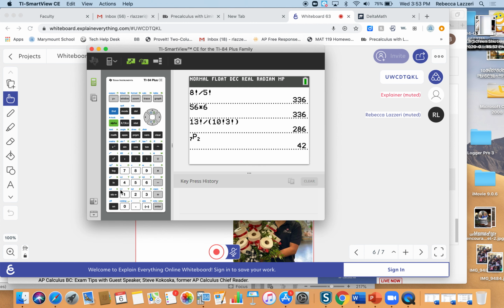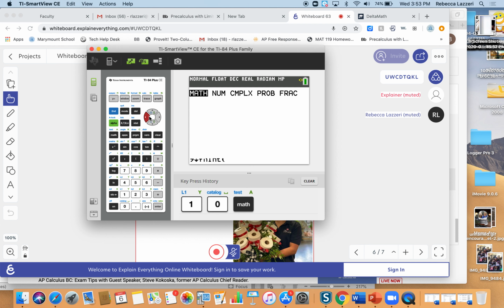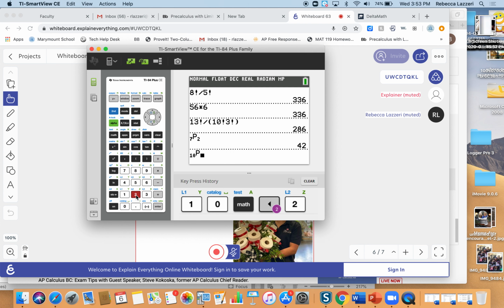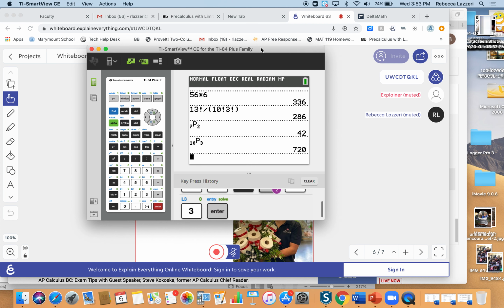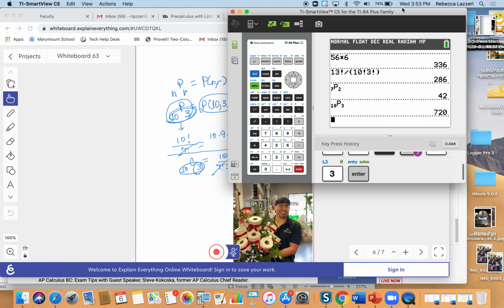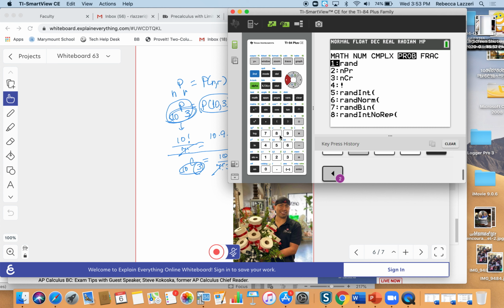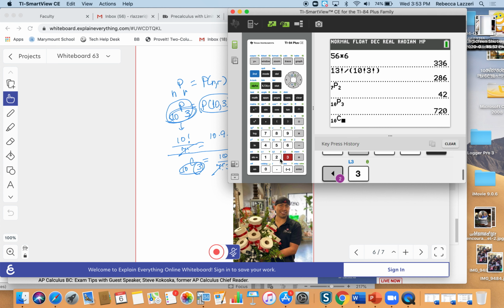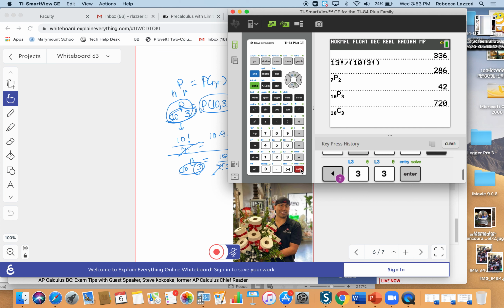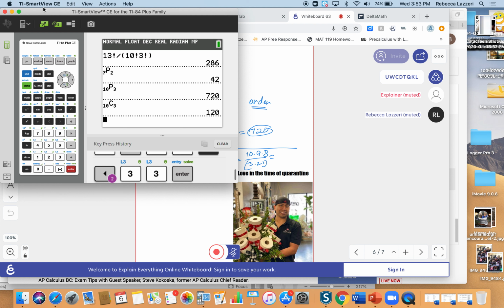Or you could do this. You have to put this number in first, 10. And then you go to math, go where your factorial is under probability, and push permutation. And we're doing them 3 at a time. And we'll validate that I did my math right, so it's 720. If you want to do a combination where you're just given a group, don't forget to put your number in first, and then math. Go to where your factorial is, but choose combination, and then 3 at a time, and it should be 120, which is what this number is right here.